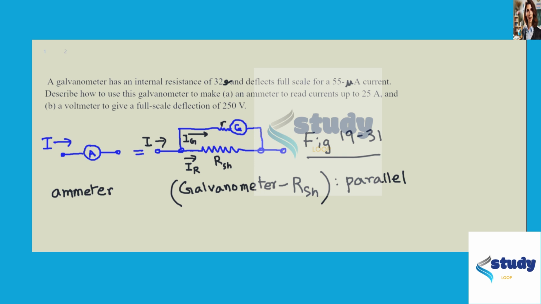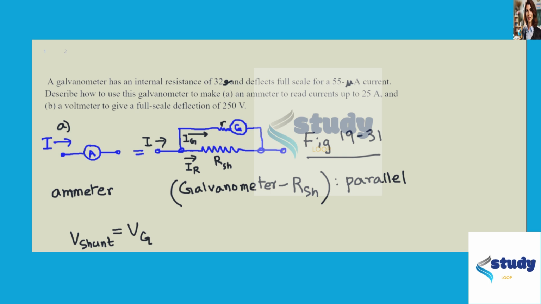Now the total current I is been divided to two parts. One is the current that is passing through the galvanometer, and the other one that's passing through the resistance. So we know that since they are in parallel connection, the voltage difference on these 2 points will be equal for both of them. So that means we can write V shunt is equal to Vg. So that's the voltage difference across the galvanometer, and that's the voltage difference